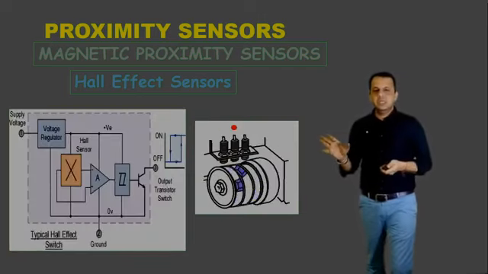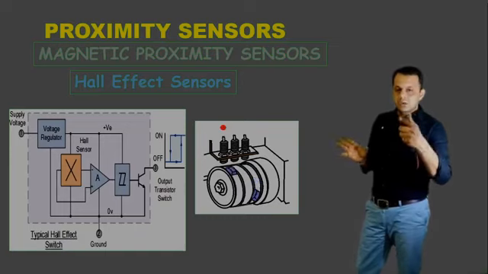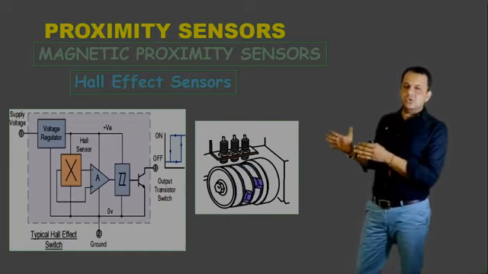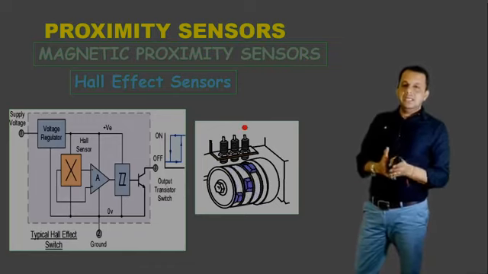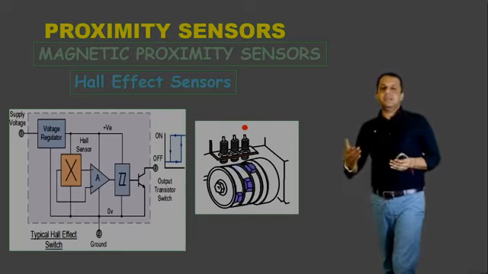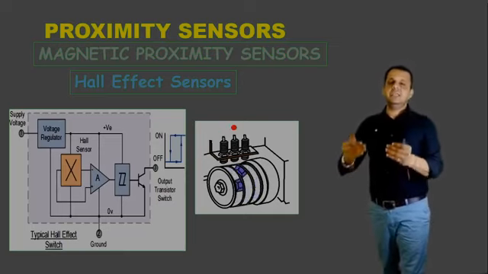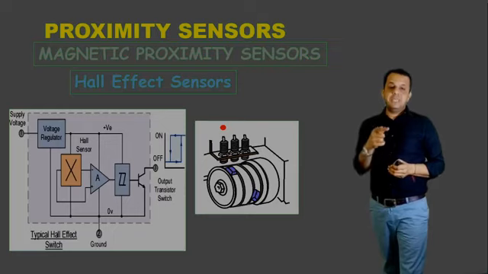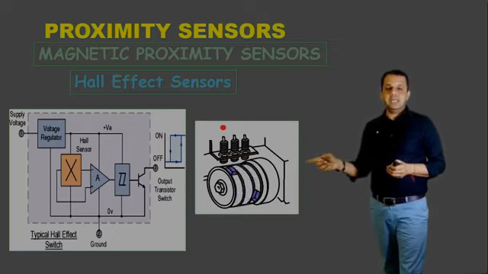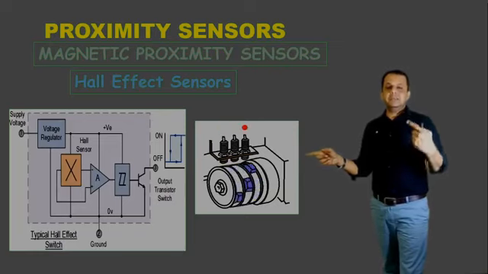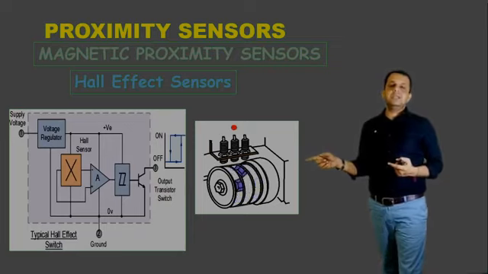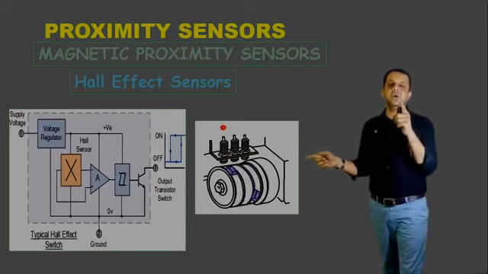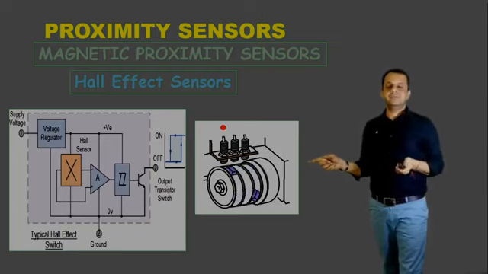So here you see the circuit. A voltage regulator is given, the Hall sensor is shown by a cross, then there is an amplifier, and then a filter, and the output is given whenever a magnet is present nearby the sensor. And for every movement, look at the next diagram, where whenever a magnet passes through that purple colored piece on the moving object and comes nearby our sensor, it gives you a red dot. It means the presence is detected.